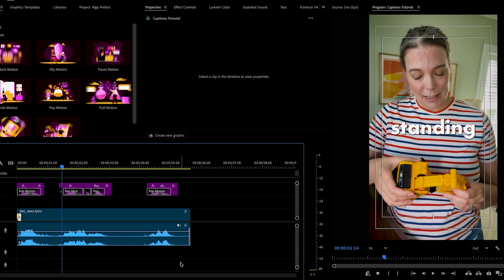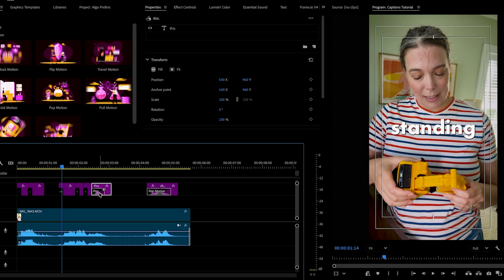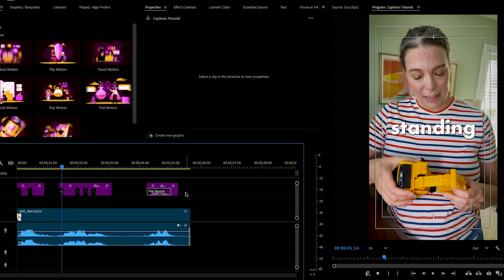Let's go back into Premiere, and now let's use the single word transition new feature in order to create the karaoke style captions that some people were hoping for. I'm going to keep my single word captions as graphics here on the timeline, but I am going to delete that effect that I added. Now what I want to do is create captions that are just one line at a time.